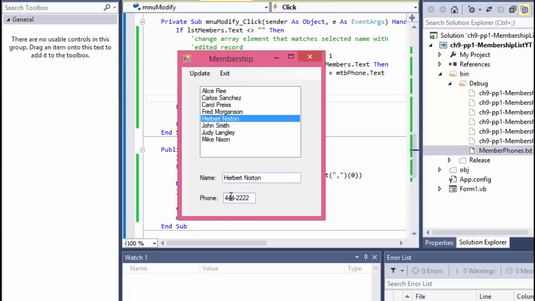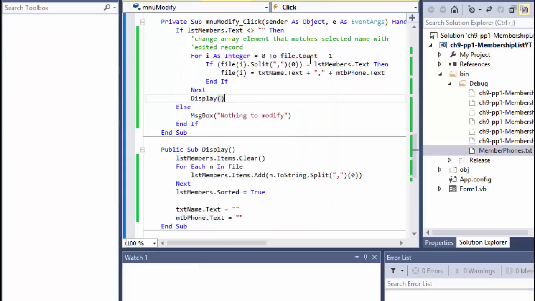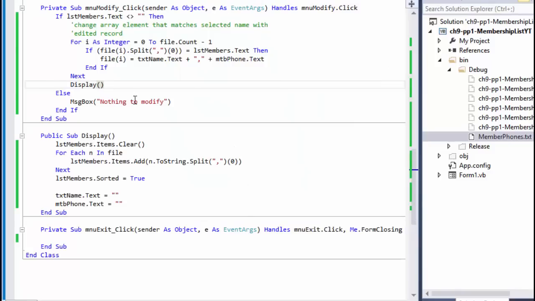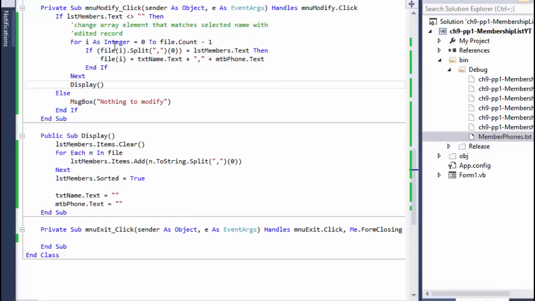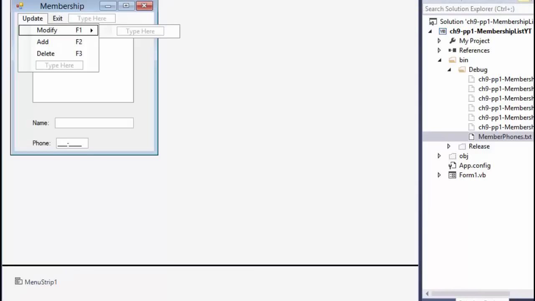You can see that the Herbert Norton number changed. So let's say I'll change this to just ones and 0 at the end. So if I press F1, Mike Nixon now has all ones and 10 at the end. So our add, delete, and modify functions work, and now all that is left to do is to